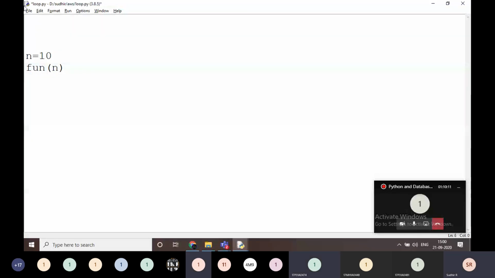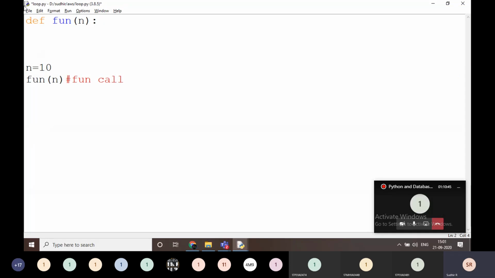This is going to be a function call. And one more, two parts are there. One is the function call and the second one is the function definition. We have to write it with the def keyword. Def is the keyword here, and then we write the name of the function. I'm going to write this function. Why am I writing fun? That is not a keyword. Here I'm mentioning fun, right? That's why I'm writing fun of n.